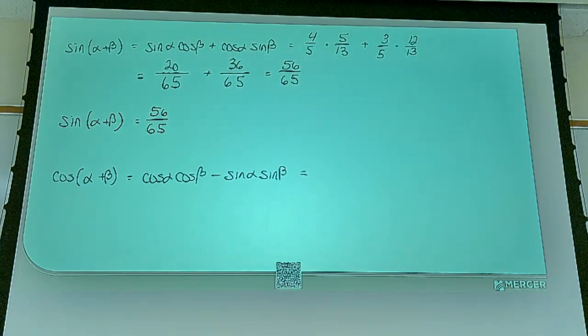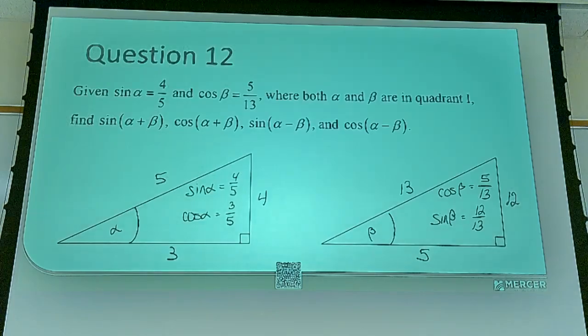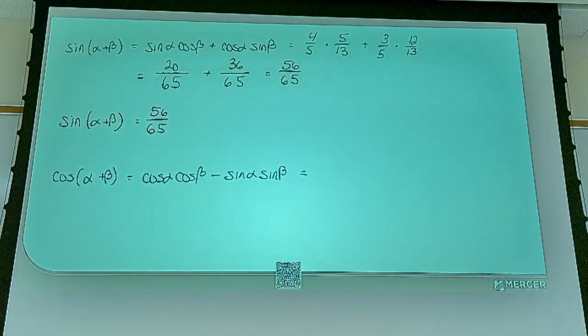And we already know what sine alpha, sine beta, and cosine beta are. Right, so they're all right there. 3/5 times 5/13 minus